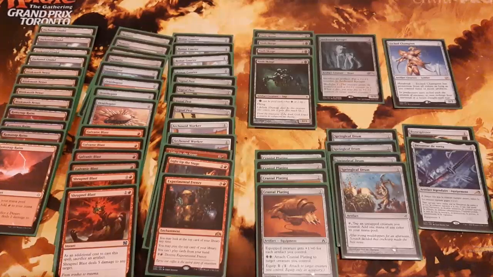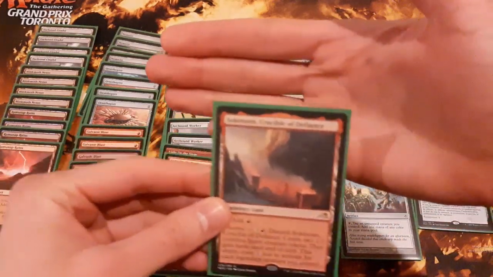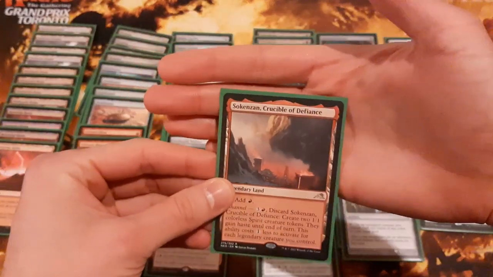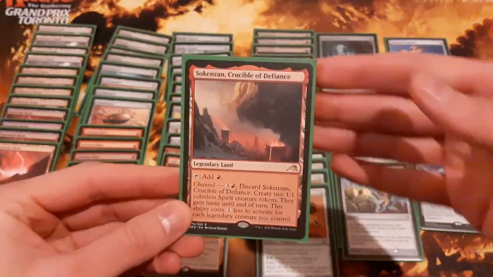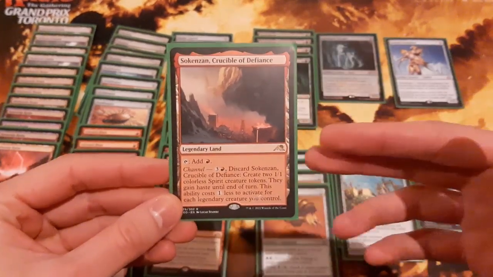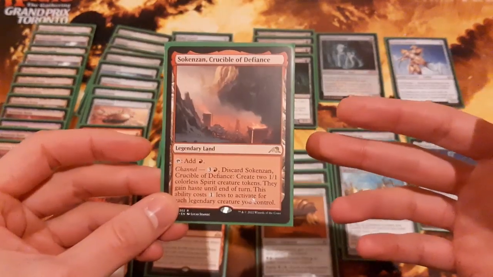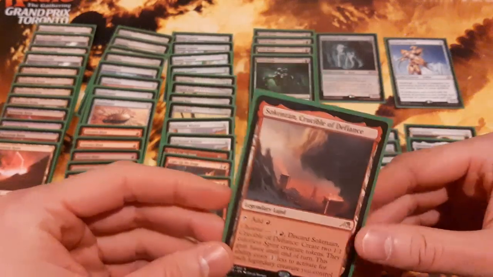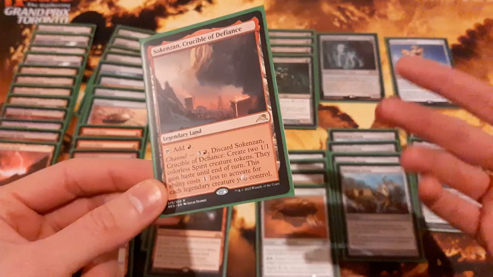Next up, for another land, we've got... Wait, how did this get in here? Next up for another land, we've got a new card here from currently the newest set, Kamigawa Neon Dynasty, the Sokenzan, Crucible of Defiance. This is the red land from the Channel Land cycle. So this comes into play untapped, taps for a red. So usually if you're playing a mountain, you can just swap it out for this unless you have a reason